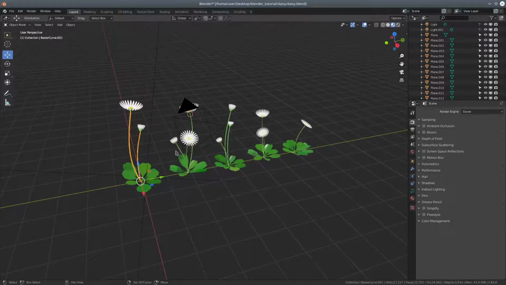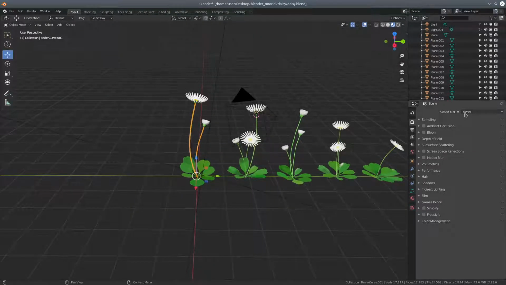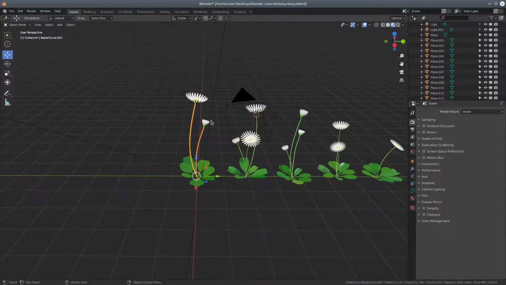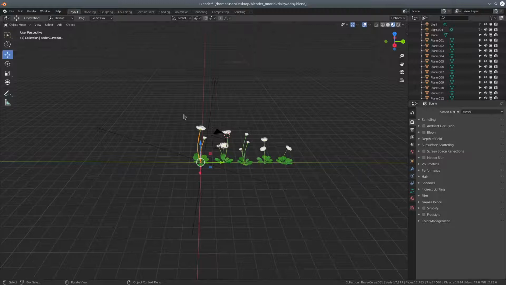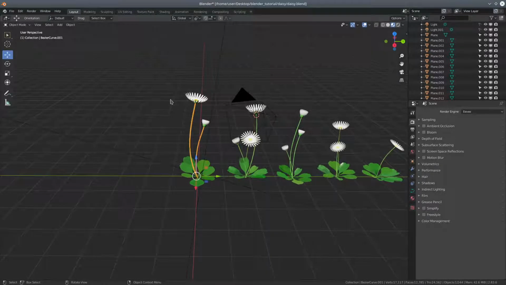So what we want to do is, by the way, I'm in Eevee rendering mode at the moment, and you can see that I've got some lights and a camera and stuff. They tend to get in the way sometimes, but we'll try and work around that. So there's a process that you need to do to carry on, and that is, first of all,